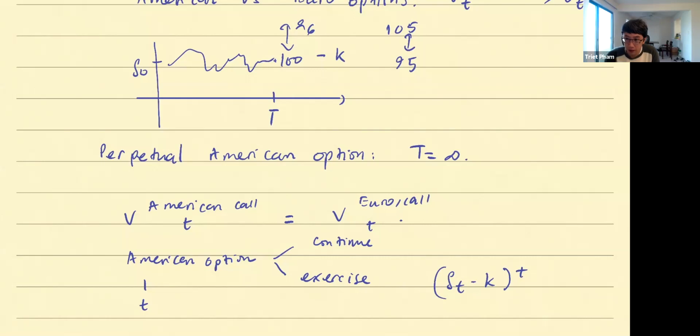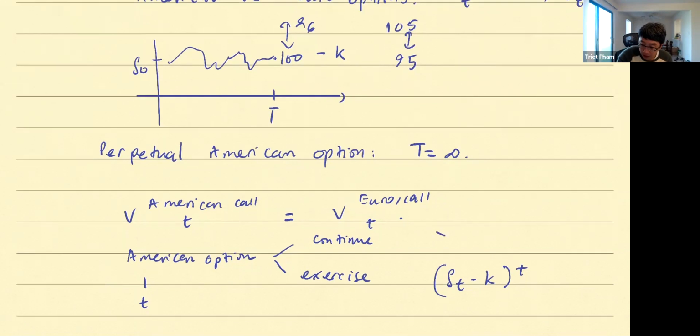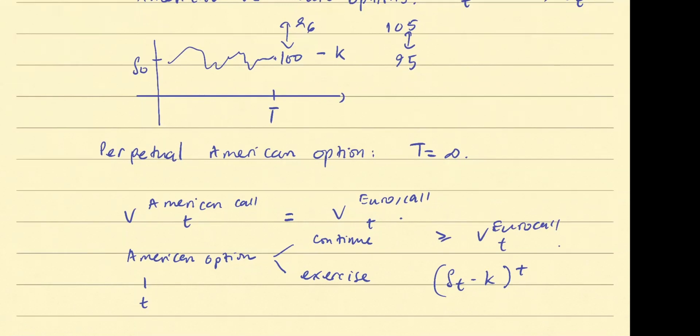Let me give you a clue, right? No, Sherry, you're still thinking of expectation. Here, it's really more primitive than that, but it is also a good thinking tool. If we continue, the answer is we don't really know what the continuation value is, but we know that it's at least V euro call. Do you see this? Because V euro call means you continue all. Yeah, that's true. Yeah, I see it. So at least I should get that much,